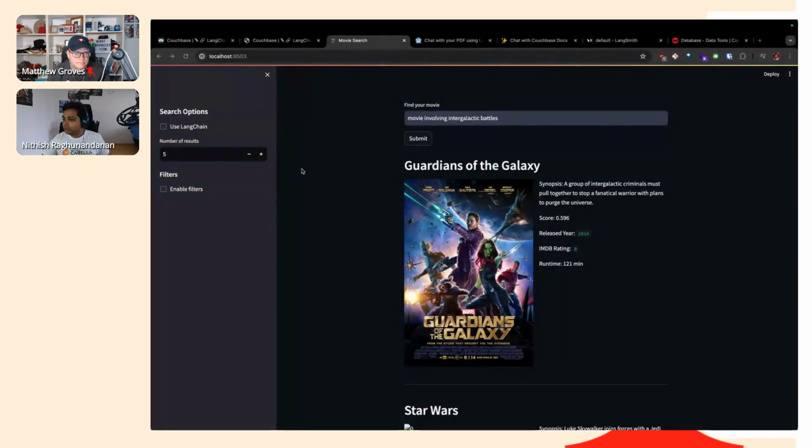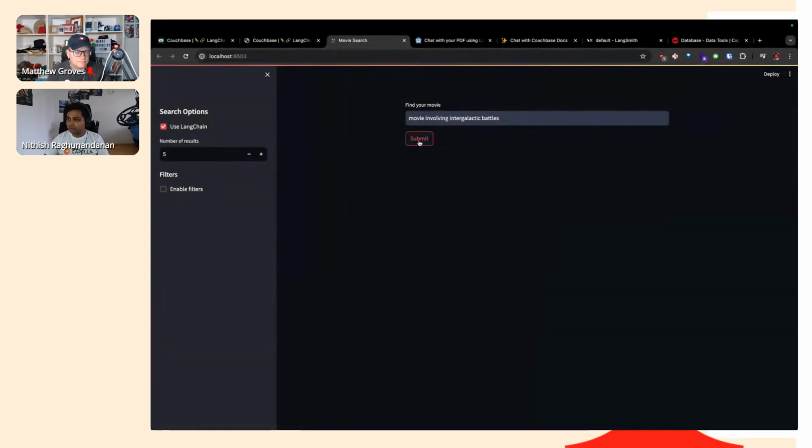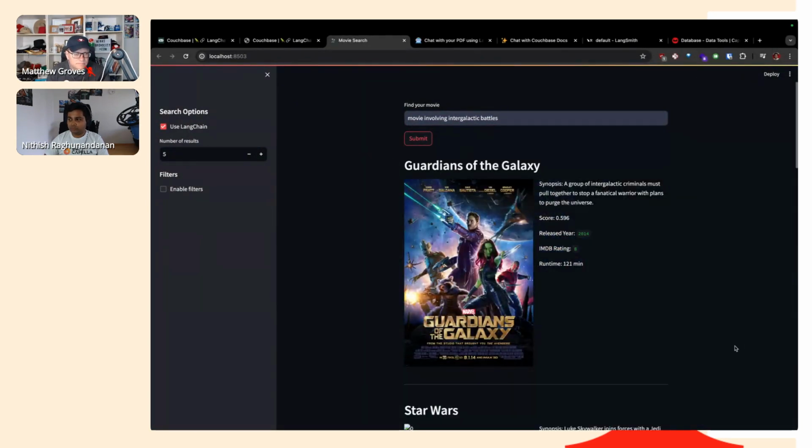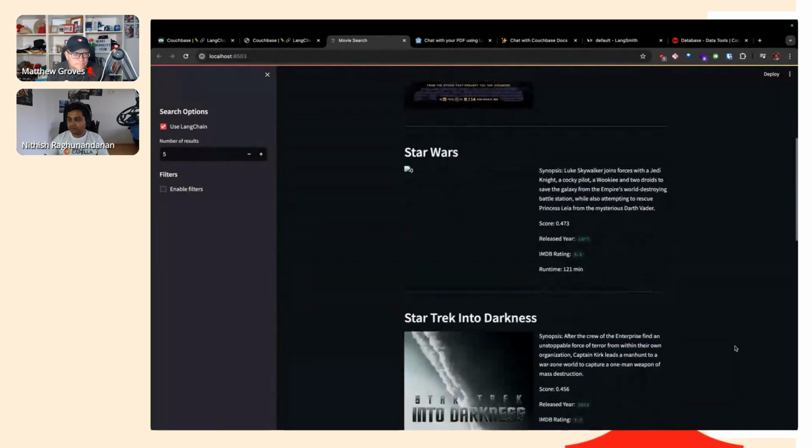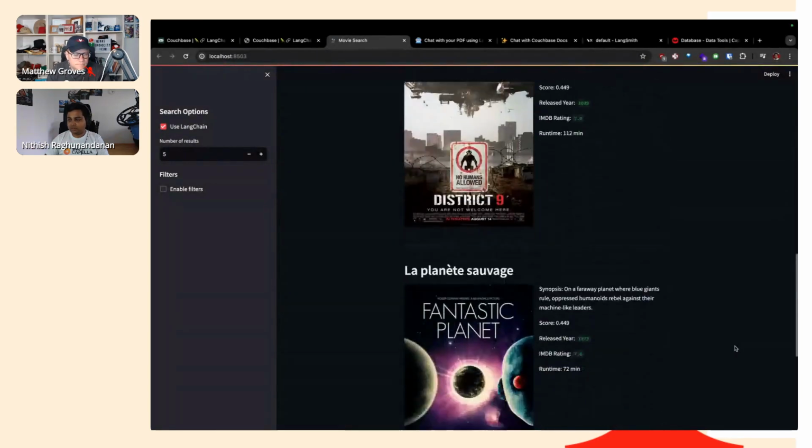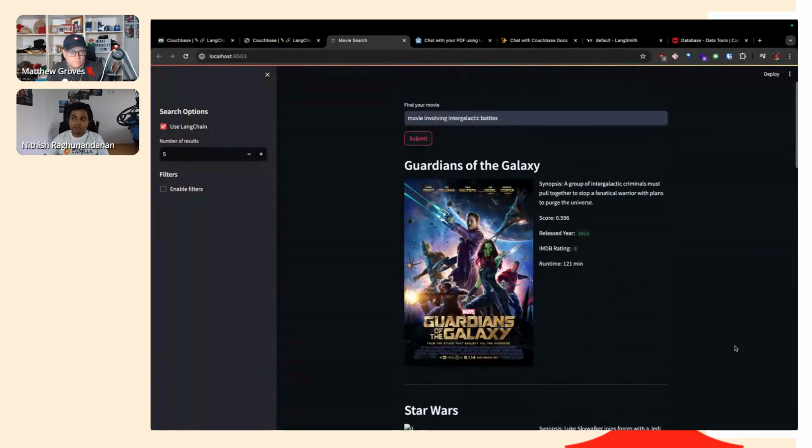Yeah, so I'll just use the same demo that we did earlier, except that here you can see there's a filter which says use LangChain. And so now I can just do the same search and we should get the same results as before. Yeah, as you can see, it's the same result as before. The only thing that changes is how you do the search.